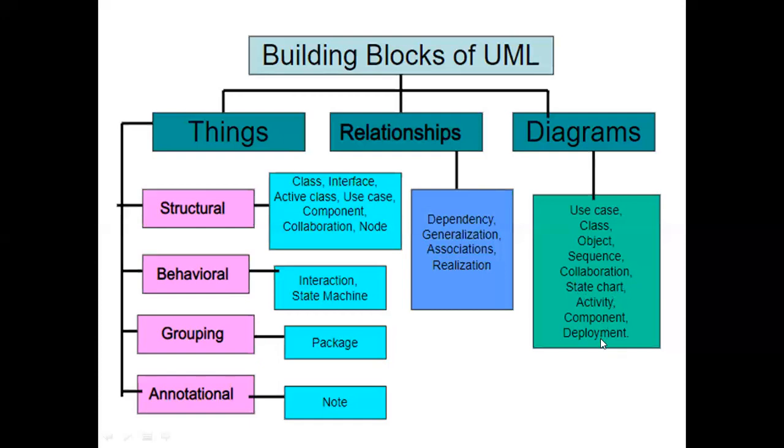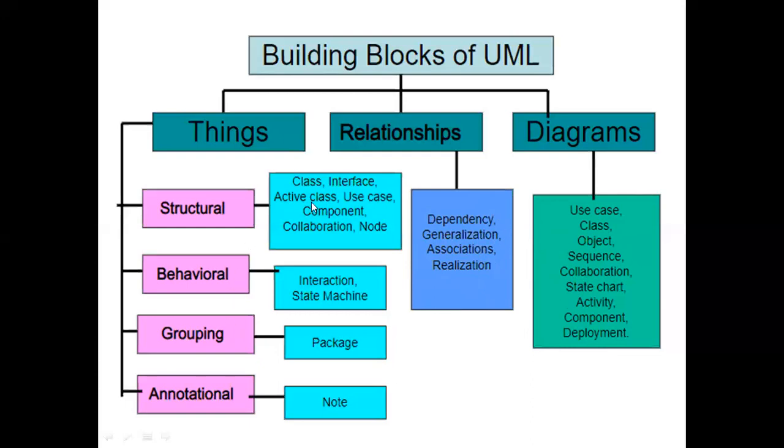And the component and deployment diagrams are explained in the sixth unit. So totally in UML you have 9 diagrams. The 9 diagrams are explained in 4 units, that is third, fourth, fifth, sixth unit. And we have four relationships. The four relationships are used in the 9 diagrams, based on the diagram, based on the situation, based on the interaction among the objects or among the classes. We are using four relationships.